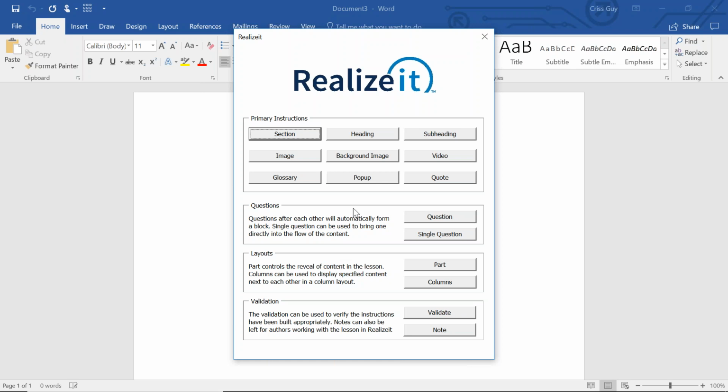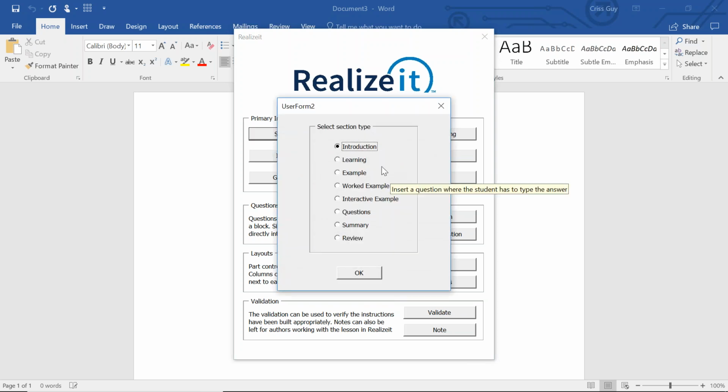A way to think about this, we essentially have a fairly standard order for how things get presented to students within a knowledge path activity, so an individual discrete learning activity. So when you first get started, you'll want to come to this section button. You'll refer to this button a lot, but you'll open it, and then the first thing you'll want to do